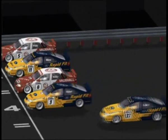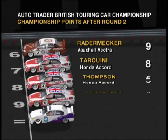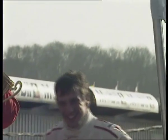Here are the points with just 2 races gone. Jason Plato has a 2-point lead over joint second-place men Alain Menu and Ivan Muller, with Rickard Rydell and Anthony Reed tying for 4th place. But where are the Hondas? Here they are, 7th, 8th and 9th, with Gabriele Tarquini the best of them. Ahead in 6th, Rademacher makes it a top 6 shutout for Vauxhall and Ford, while Colin Blair completes the top 10. It's Donington next, but with the